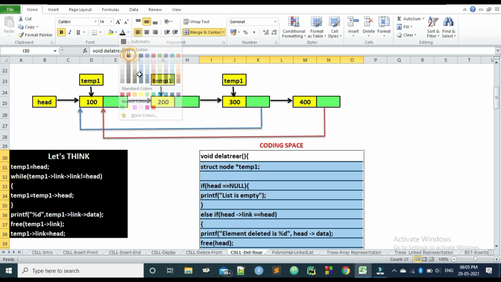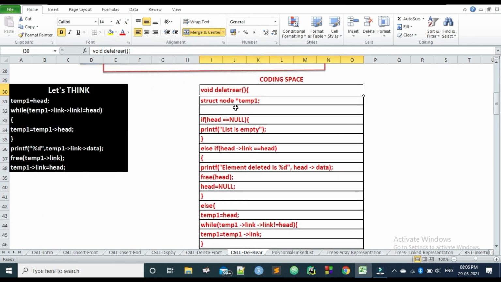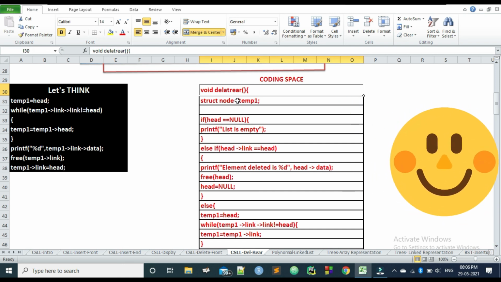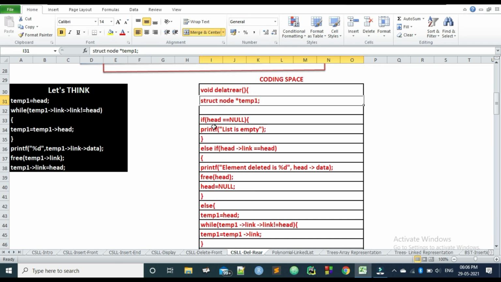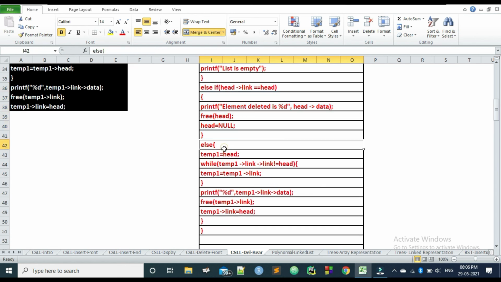This is my entire code, where you can see that we have considered all the cases: case 1, case 2 and case 3. We are creating a temp node, temp1 pointer, and then we have the first case if head equals null, my second case, and this is my third case.